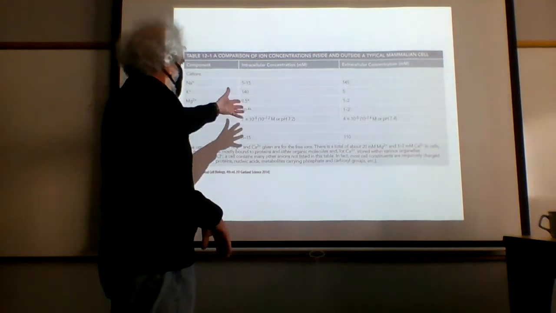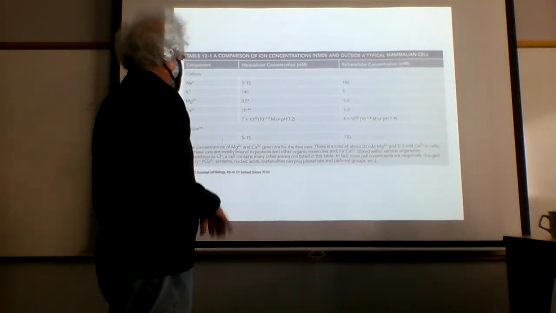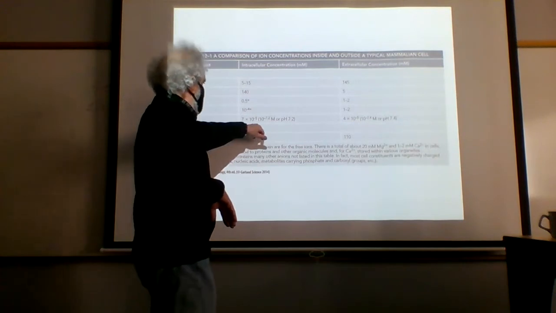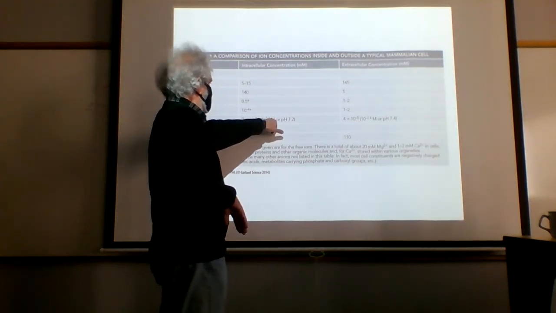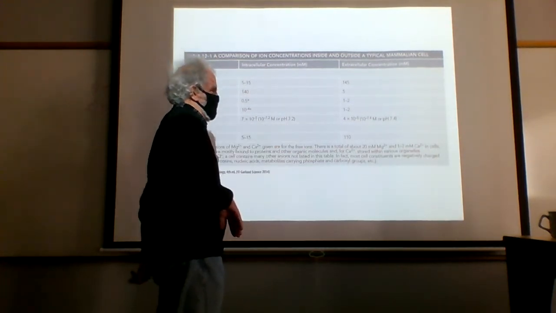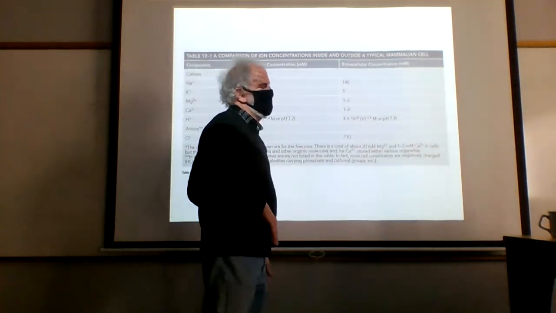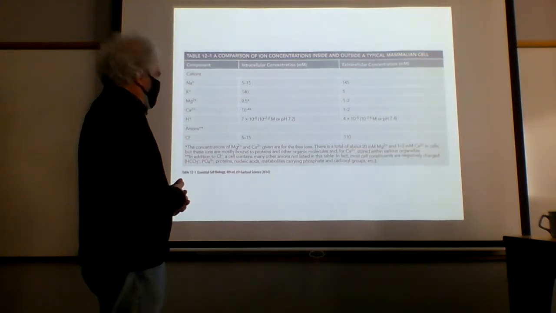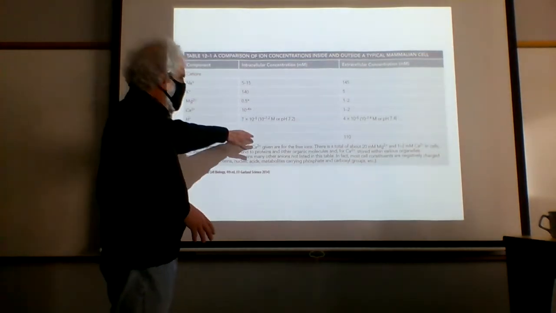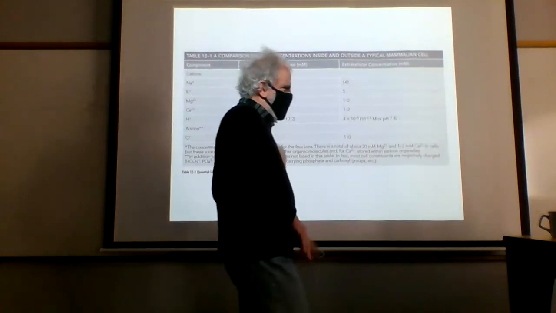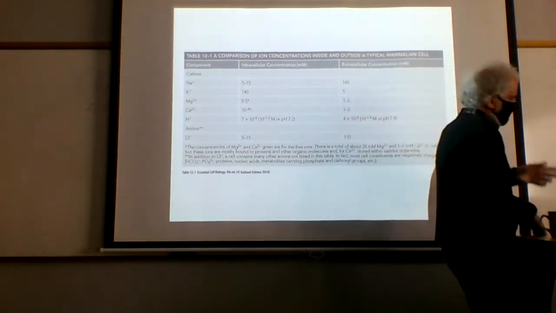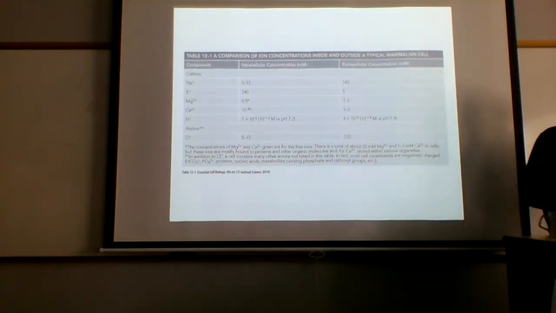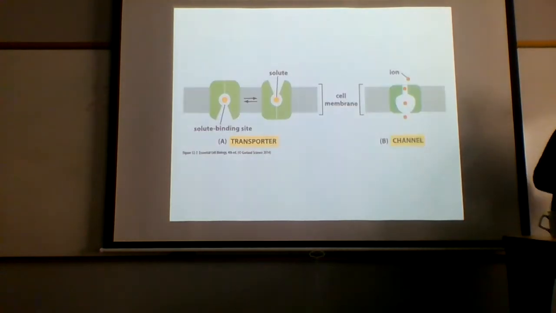Hydrogen ions, this actually is a way we can look at our pH. We have 10 to the minus 7.2 molar, pH 7.2. And outside, pH 7.4, really fairly similar there. Chloride is, again, very low inside, very high outside. We will be paying particular attention to sodium and potassium. The other ones, just remember calcium. Don't be putting calcium in your cytoplasm unless you've got serious plans going on. All right, so now,